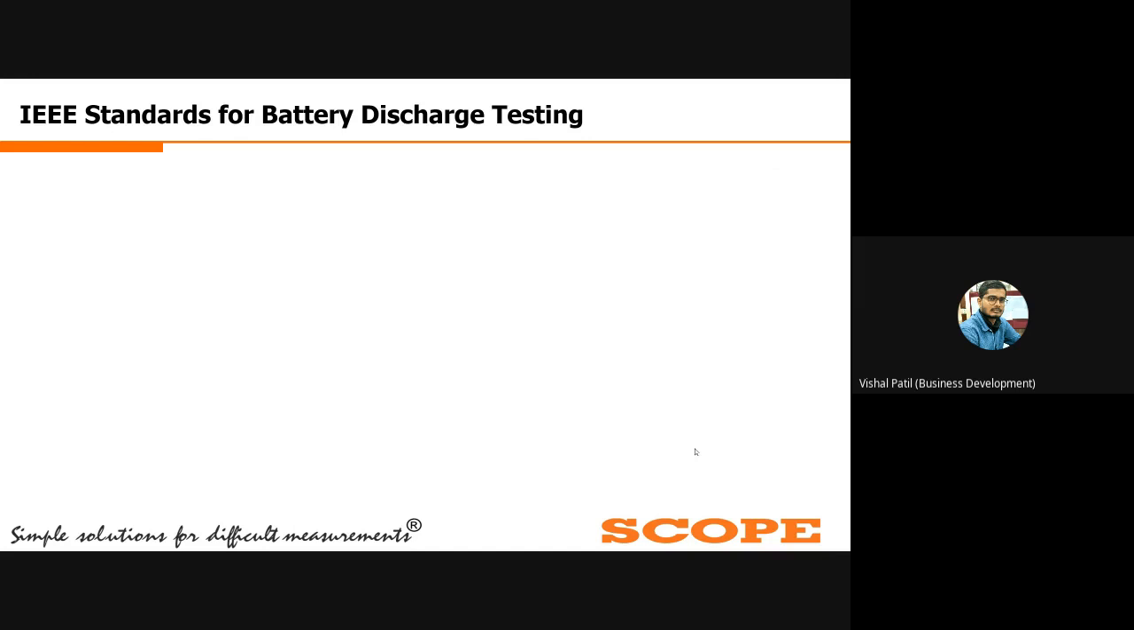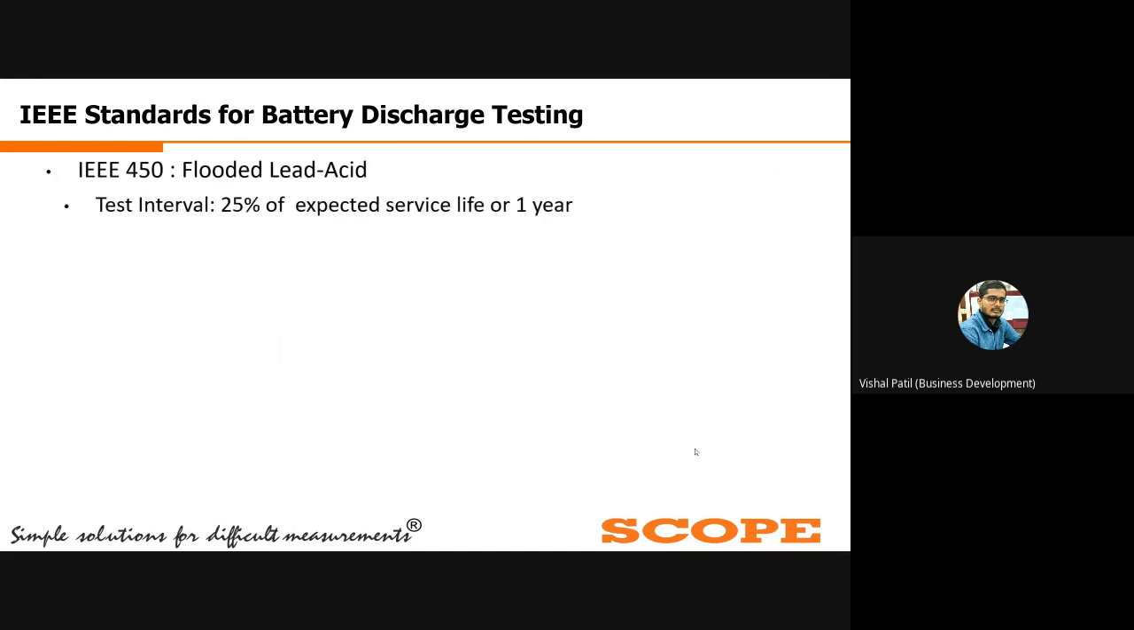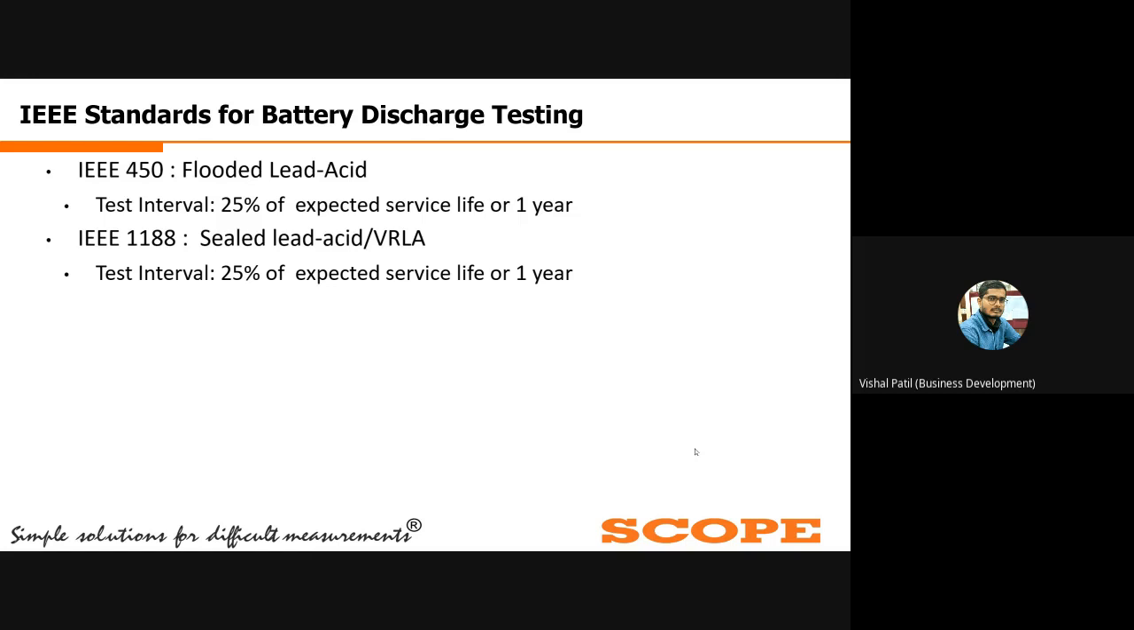So first, the IEEE standard that has the guidelines related to the maintenance of lead acid batteries. In this standard, if you go through it, you can see the test interval is mentioned as 20% of the expected service life or within 1 year you have to do the battery discharge testing. Similarly, for sealed lead acid batteries or the VRLA batteries, valve regulated batteries, then you require